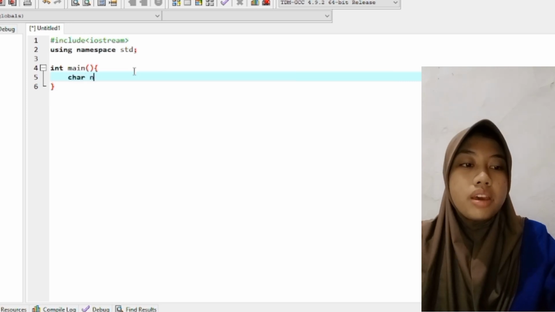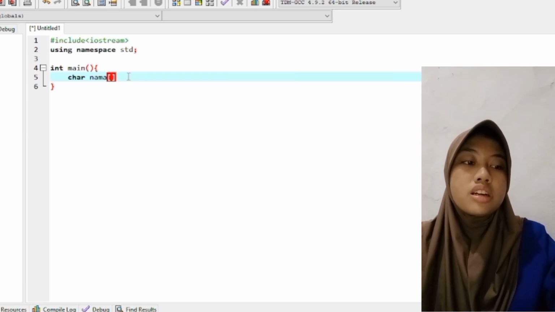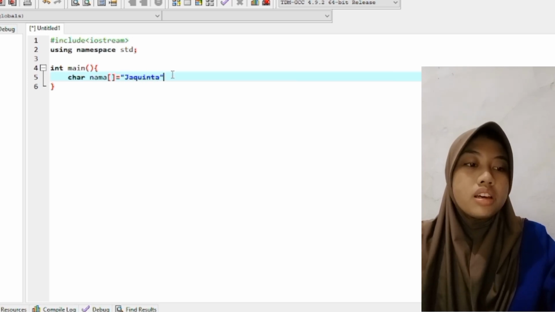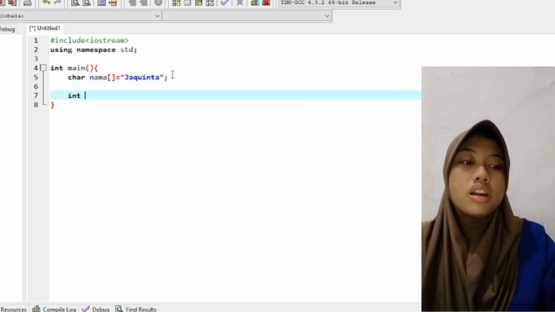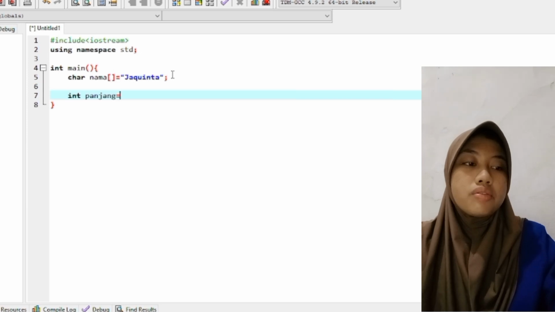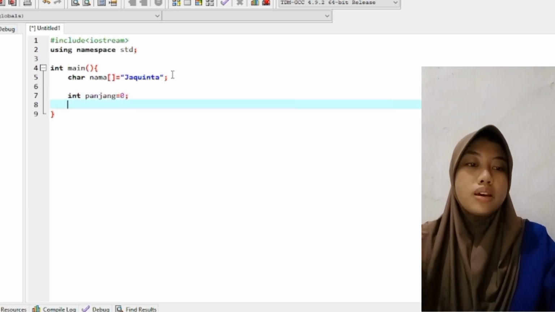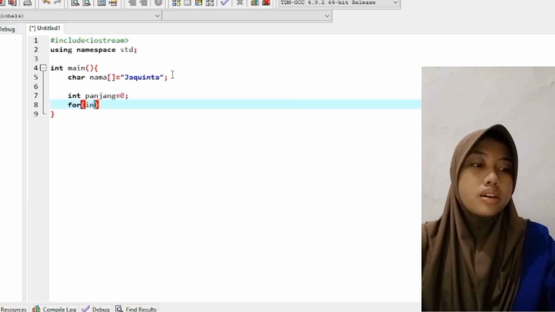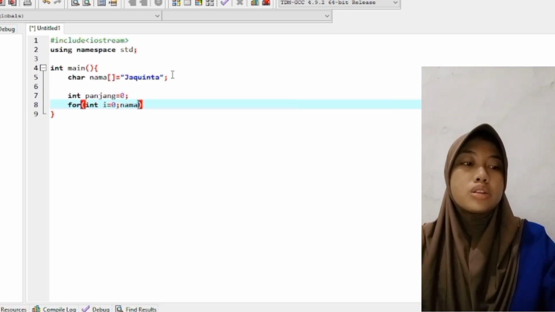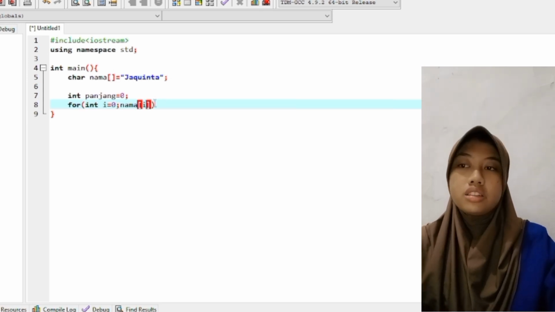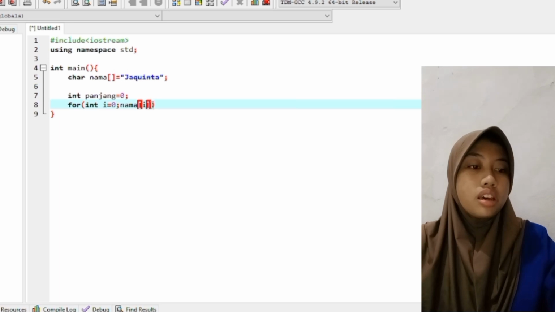objects. And then in main, this is the main function in a C program. Every C program must have at least one main function. This function is the starting point of the program execution. And then char name, declare a variable name with the data type char. The square brackets after name indicate that name is an array of characters, which means it can store multiple characters.